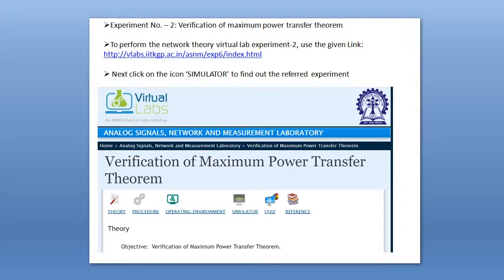Okay, today we will repeat experiment 2, but in the next lab class we will